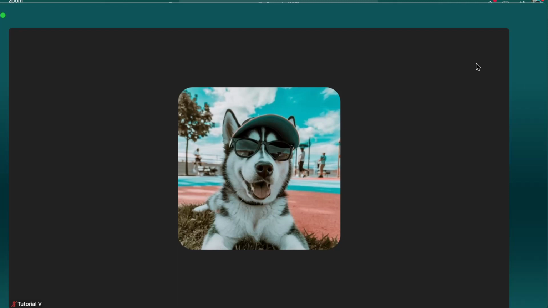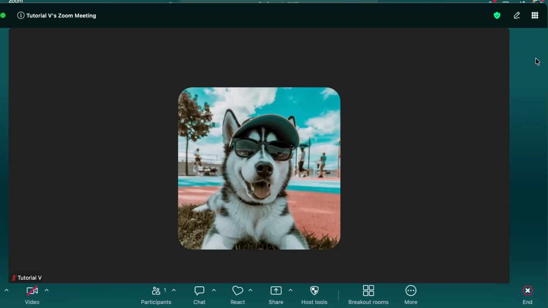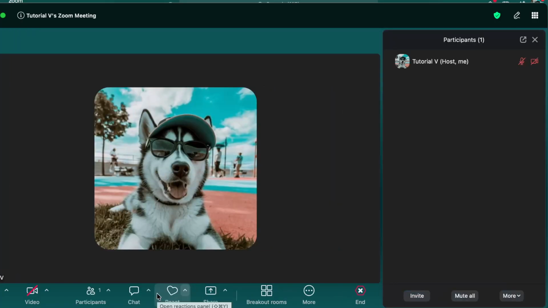First, when you're in a Zoom meeting, you'll want to locate the participants icon in the Zoom toolbar, which is usually situated at the bottom of your screen. Clicking on this icon will open up a sidebar on the right side of your Zoom window. This sidebar contains a list of all the participants currently in the meeting. It's a great way to keep track of everyone who is present, but today we're using it to focus on